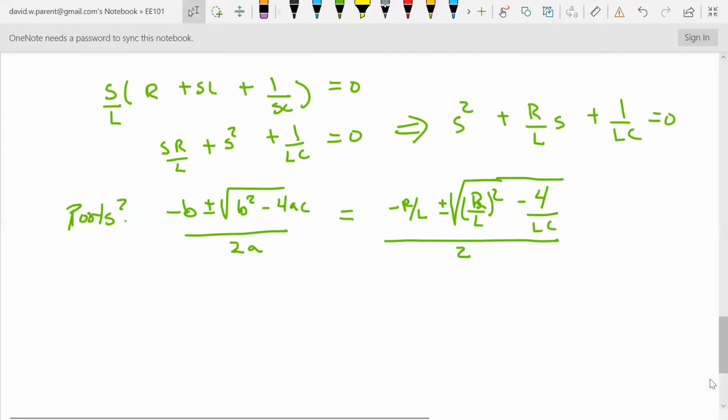Well, if R over L squared is greater than 4 over LC, plus or minus